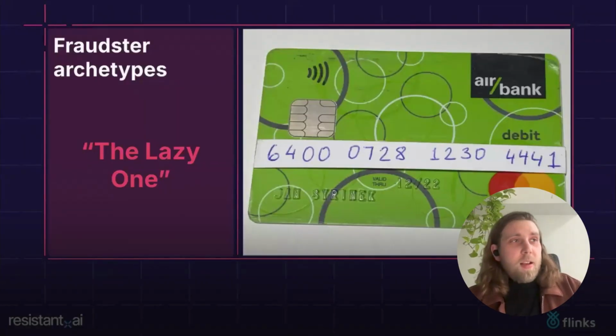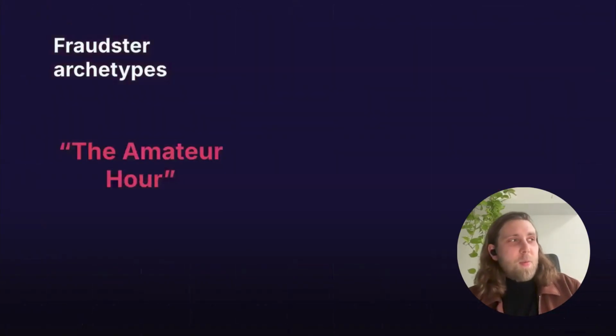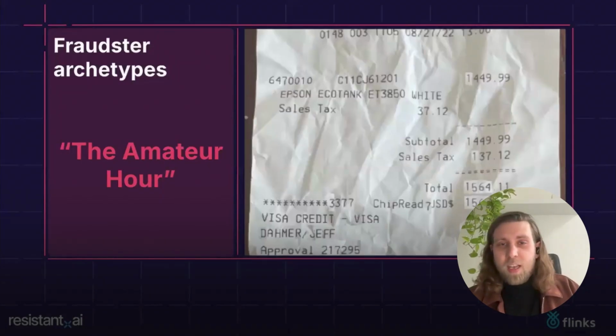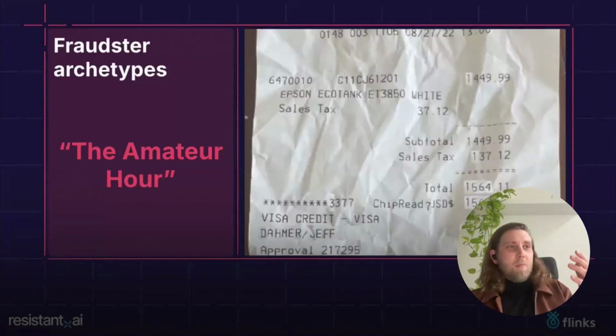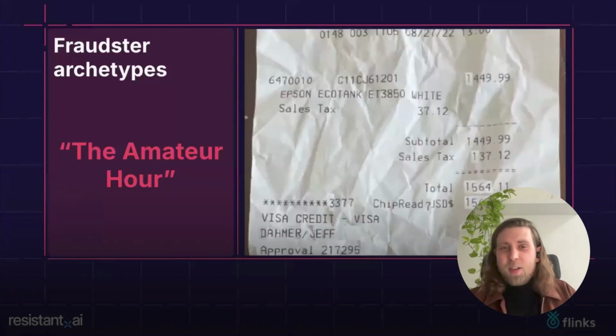So this is the first one. Progressively, we move to the next one. This is something that we like to call the amateur hour. You can already see that the level of sophistication is slightly increased. It's still a physical modification of an image, but you can see some attempt to match the fonts of the digits or even the background, even though it's clearly visible to the naked eye here. It shows the kind of modification you would expect from an amateur. It's probably put together hastily. It's not refined. But then again, as with the previous one, even the amateur might be able to bypass some verifications.